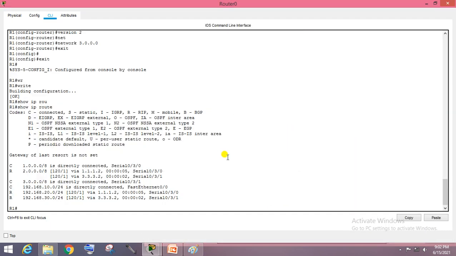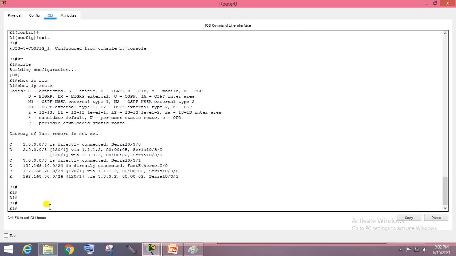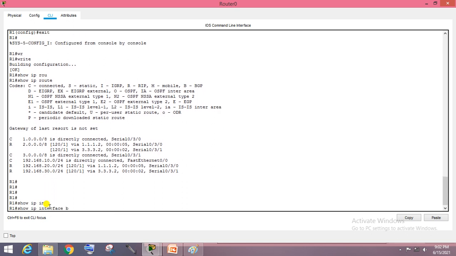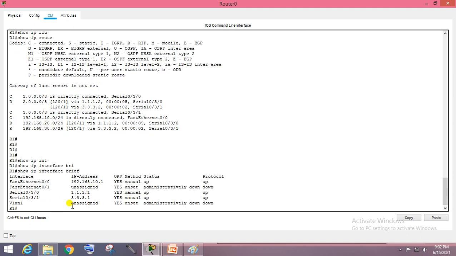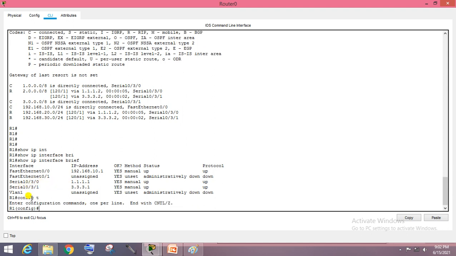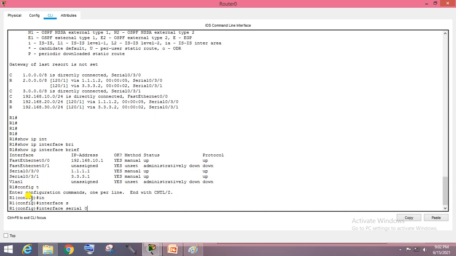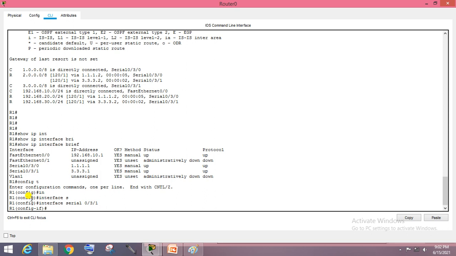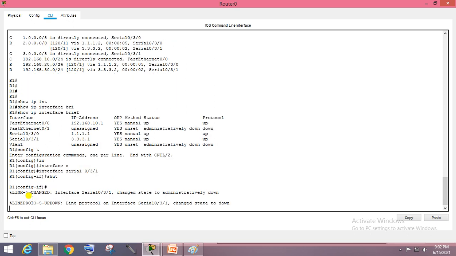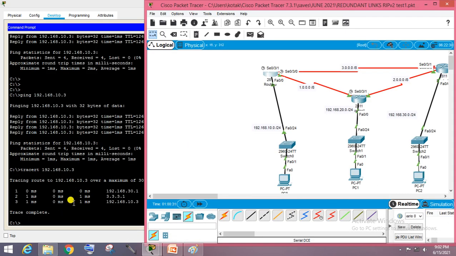I'm going to this PC, show ip interface brief. Now I am going to shut down this interface for cross check. Config t, interface serial 0/3/1, shut. Suppose this line becomes down. Now we have to check whether connectivity is still there or not.